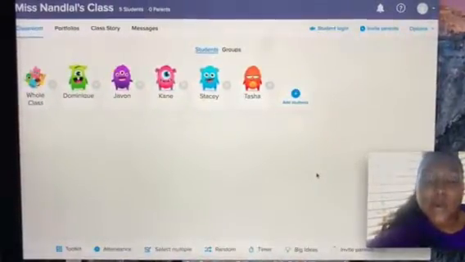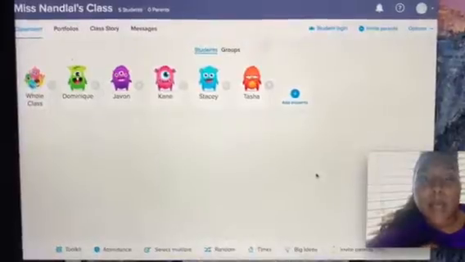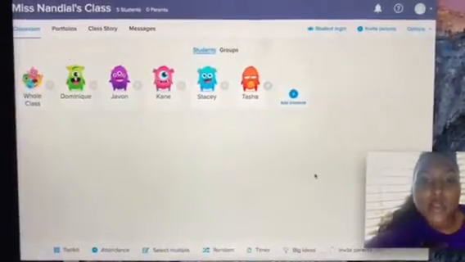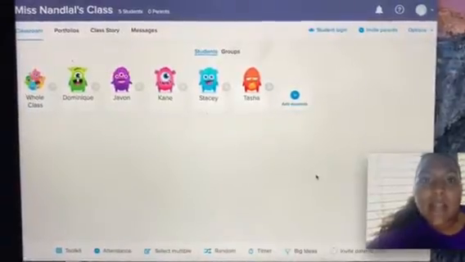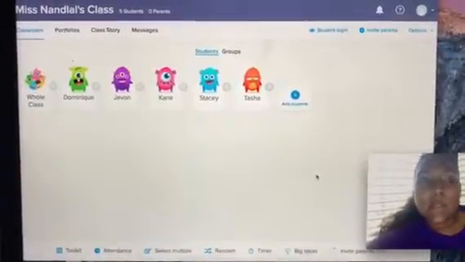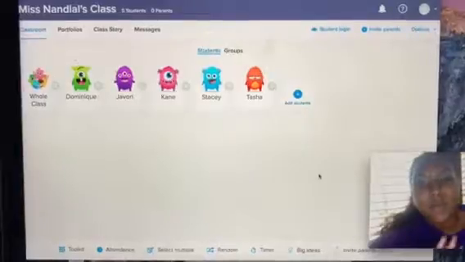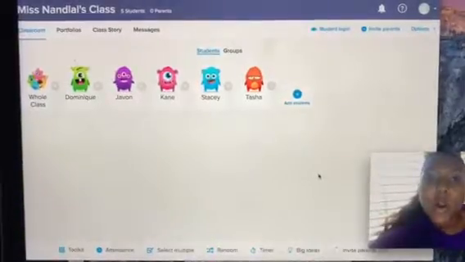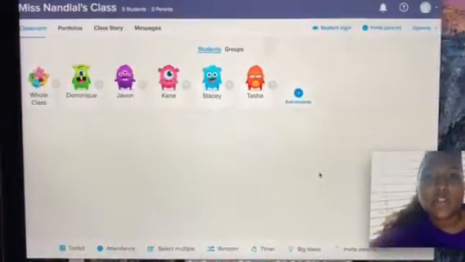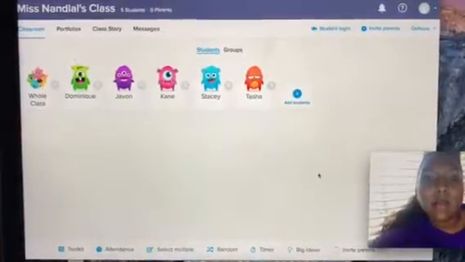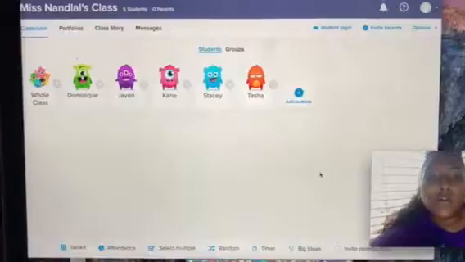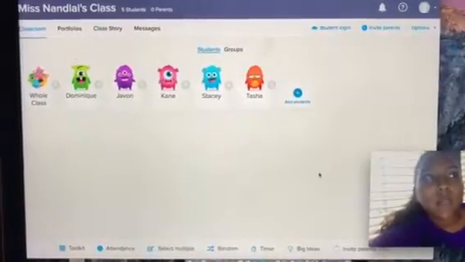I think Class Dojo is a superb app because it allows me to communicate with the parents as well as with the students. And I think it's even better for the parents because they're able to kind of be with their student when they are at school, when they're not really with their student, and track their progress and see them interacting with their peers through photos, or keep track of any events that we have coming in the classroom,